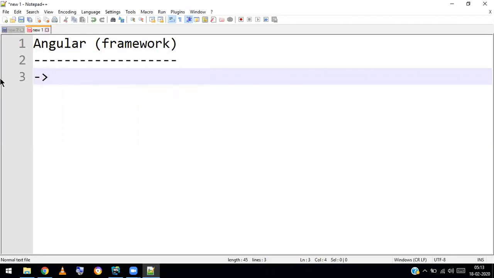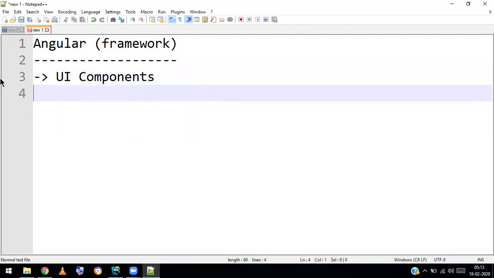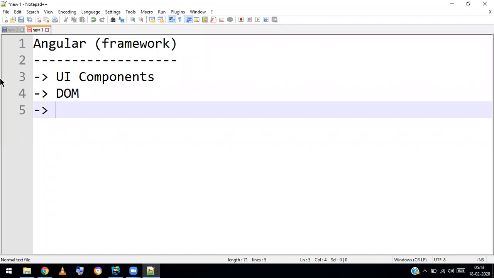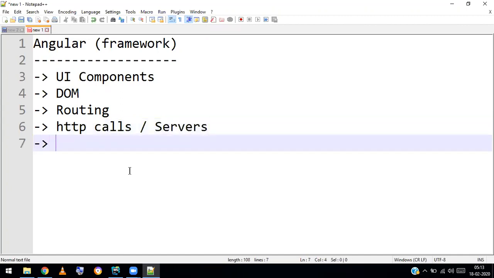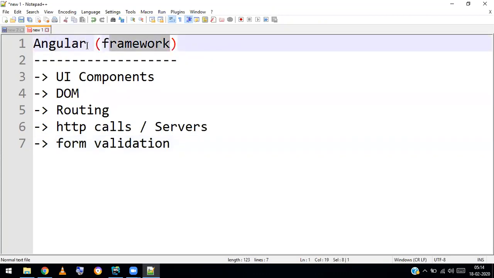We need UI components, we need to provide DOM manipulation, we have to provide routing, and we have to provide HTTP calls to the backend to connect to the servers and get data. So a lot of things. And let's take form validation. Too many things.